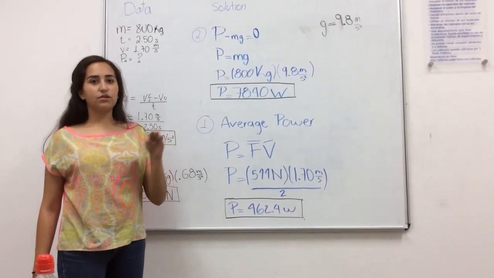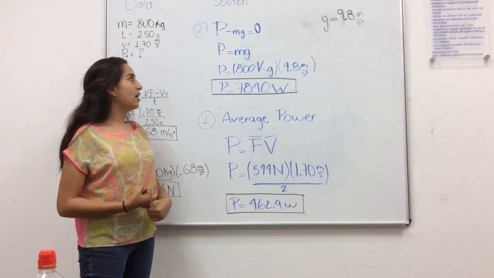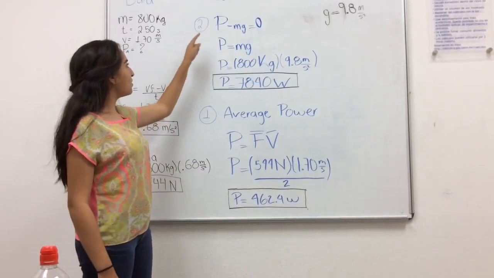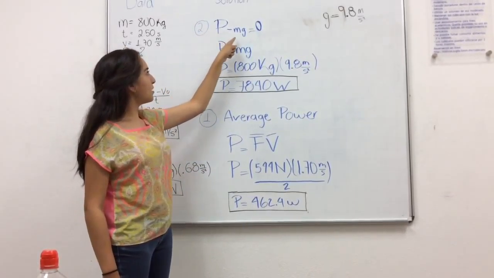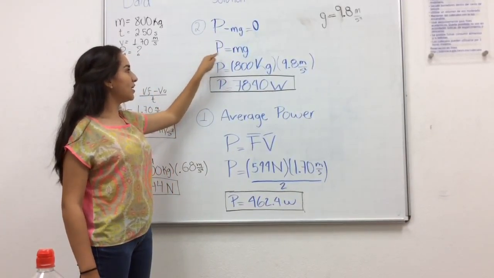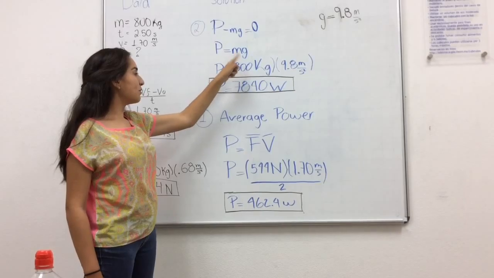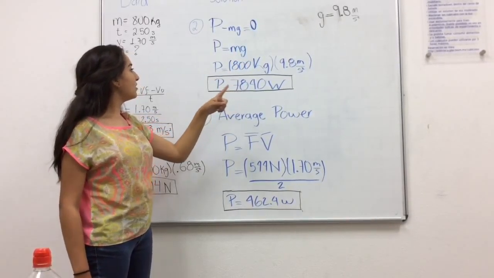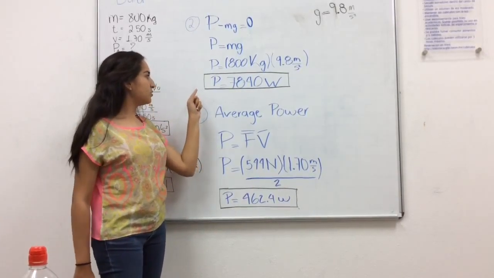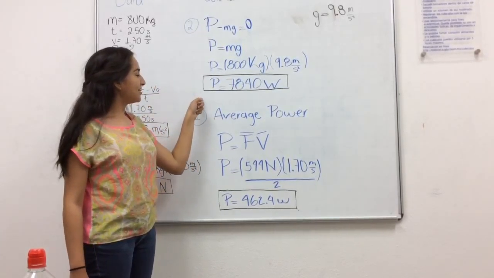So now we have to know the power at constant velocity, and we know that the acceleration is equal to 0 when it's at constant velocity or when it's at rest. So the formula is power equals mass times gravity. We substitute the values that we already have, and the result is power is equal to